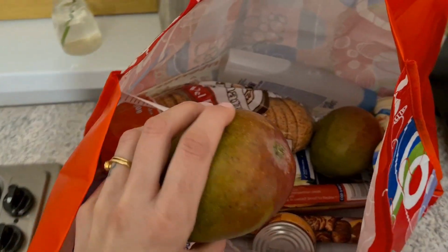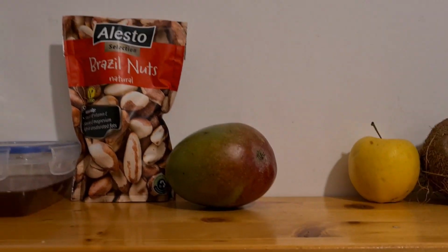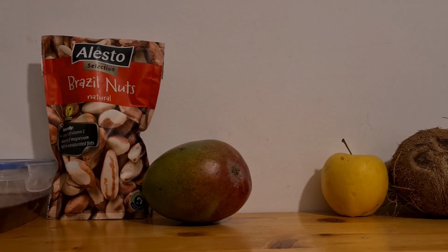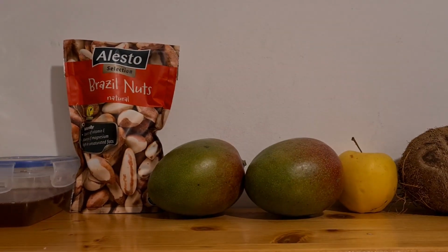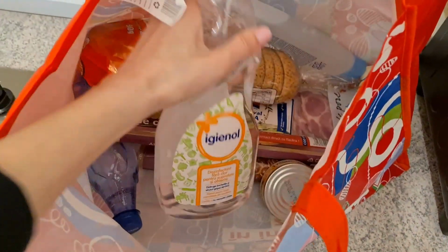I've got my 2 mangoes. I'm gonna place them here in the exotic section of the kitchen, as you can see. There's a coconut, Brazilian nuts, and now there's 2 mangoes here that I'm just gonna let ripen. Did I say that correctly? Okay, I got this